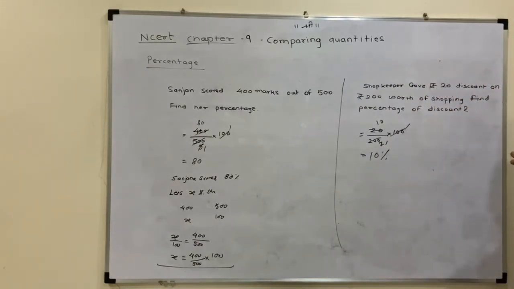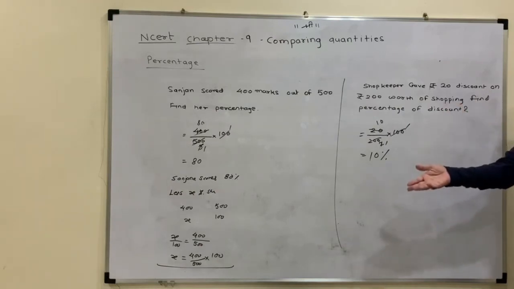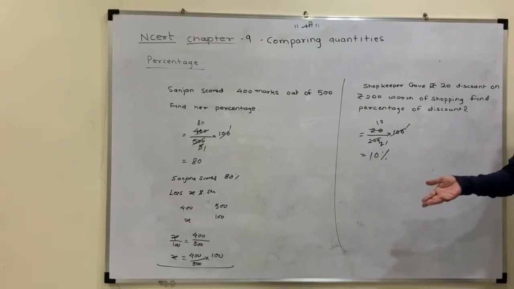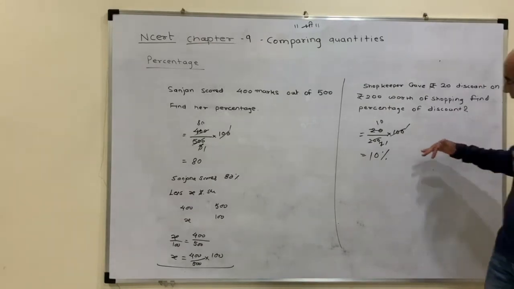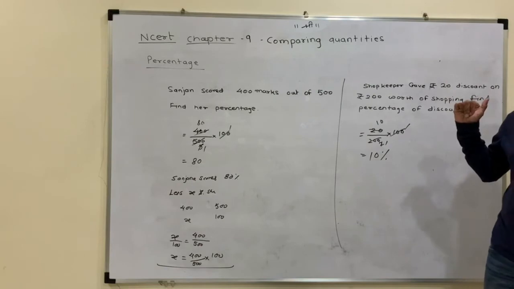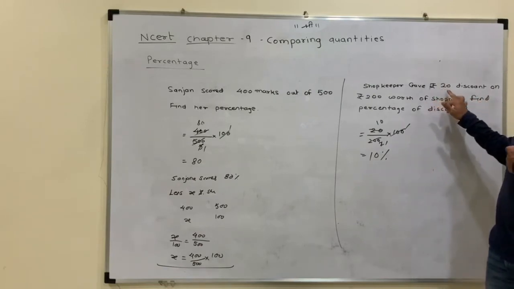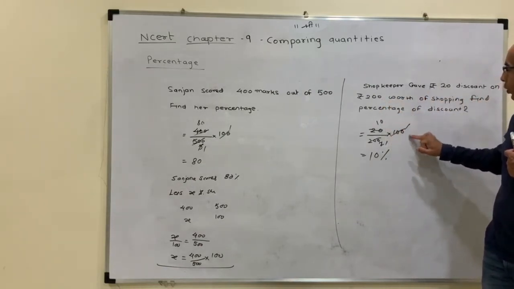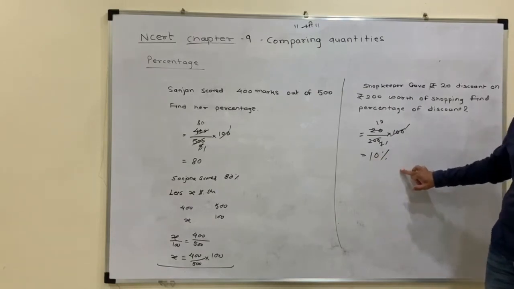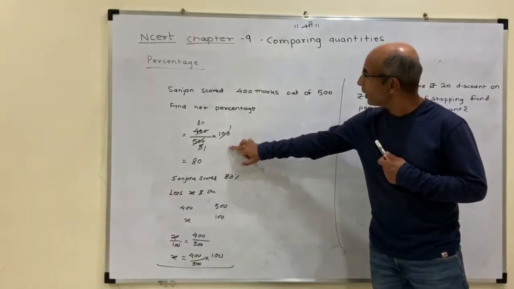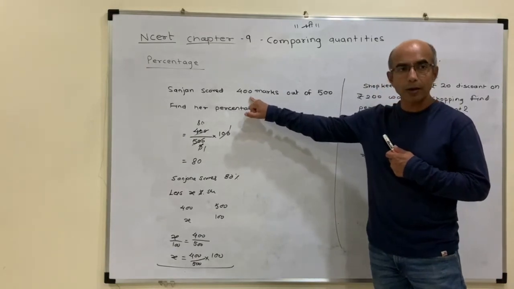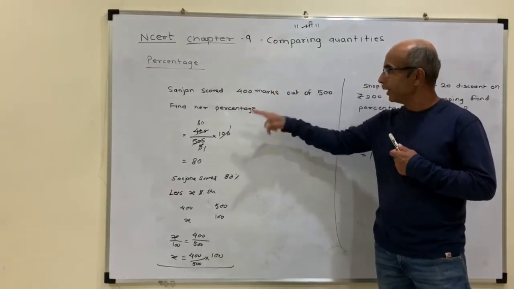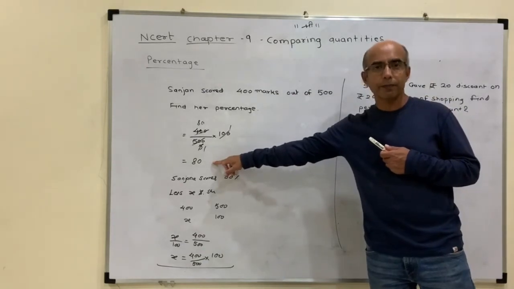You got it? So previously what we did, we knew the percent value and found how much it comes out to be. Now we know how much is given and we are finding the percent value. So see here what I am doing, I am simply multiplying by 100. So 20 divided by 200 into 100 comes out to be my percent value. Here 400 divided by 500. How much is scored? 400 out of 500 into 100 gives me a percent value.